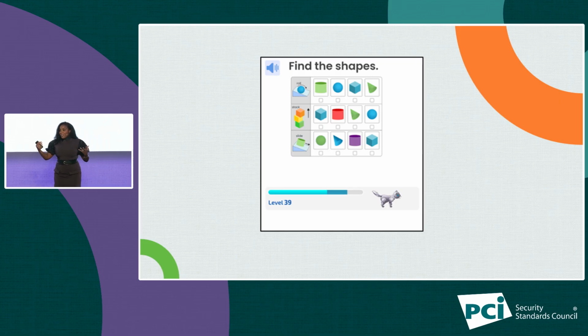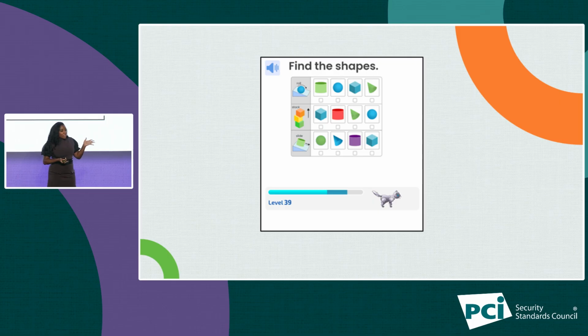So I have a son, and he comes home one day. There's an app he has on his tablet, and at school they track the progress of how you're completing this math work through this app. So he comes home and he says, "Mom, can you help me figure out how to answer this question?" And I'm like, he's 6 years old. Of course I can help you. I do PCI DSS. This is going to be simple for me, right?